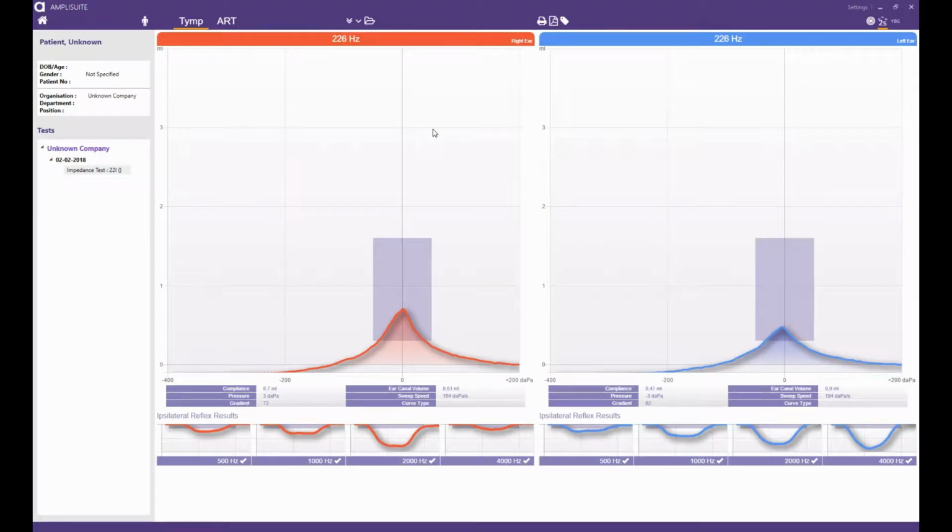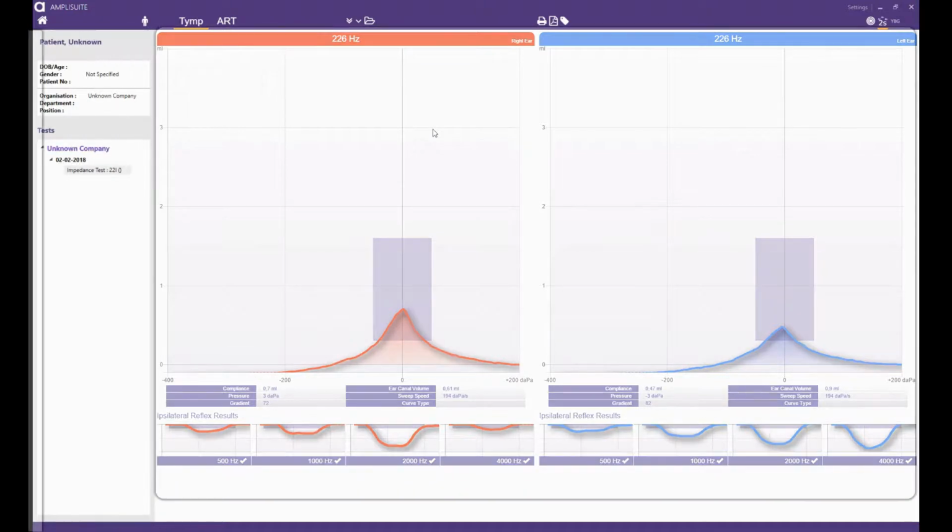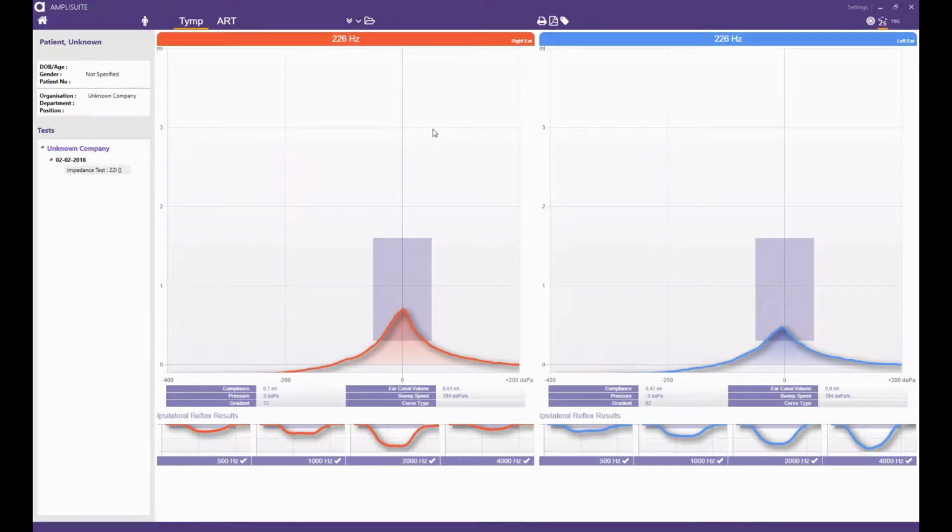Your module is split into three areas: the toolbar with buttons and functions, the sidebar containing patient details and all uploaded files, and the graph and results area. Here you will always see your TIMP results and a small preview of Ipsi and contra reflex traces if available. Amplisuite follows the principle of what you see is what you get, so you don't have to worry about any